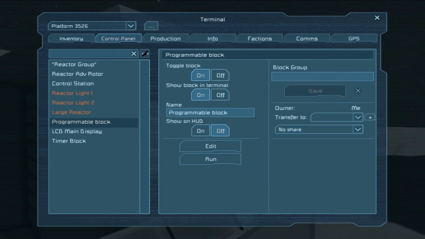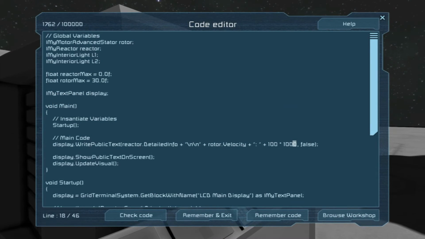I must be tired. It's 100 freaking thousand. How did I not know that? Wow! I'm definitely tired. 100 times 1,000, I wonder what it is. Alright, so 1, 1, 2, 1, 2, 3. 100,000. Now, this will need to change depending on the reactor used.